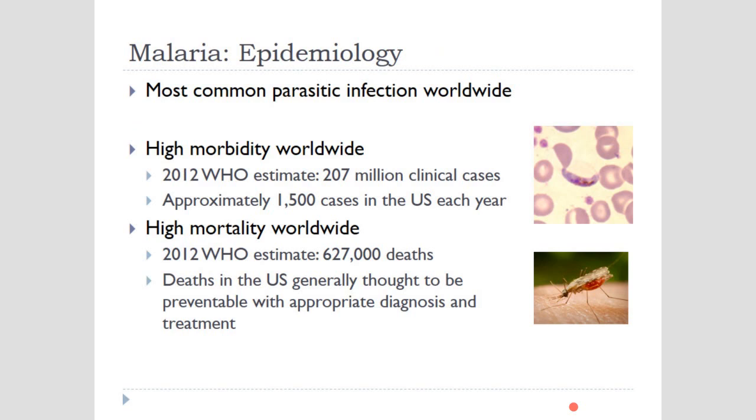There are two terms that we normally use: morbidity and mortality. Morbidity means how sick you are, how ill you are, how morbid you are. And mortality is if you die because of that morbidity. So these are two different terms. A disease may have high morbidity and high mortality. In this case, for malaria, both. You can go and look up most of the statistics.